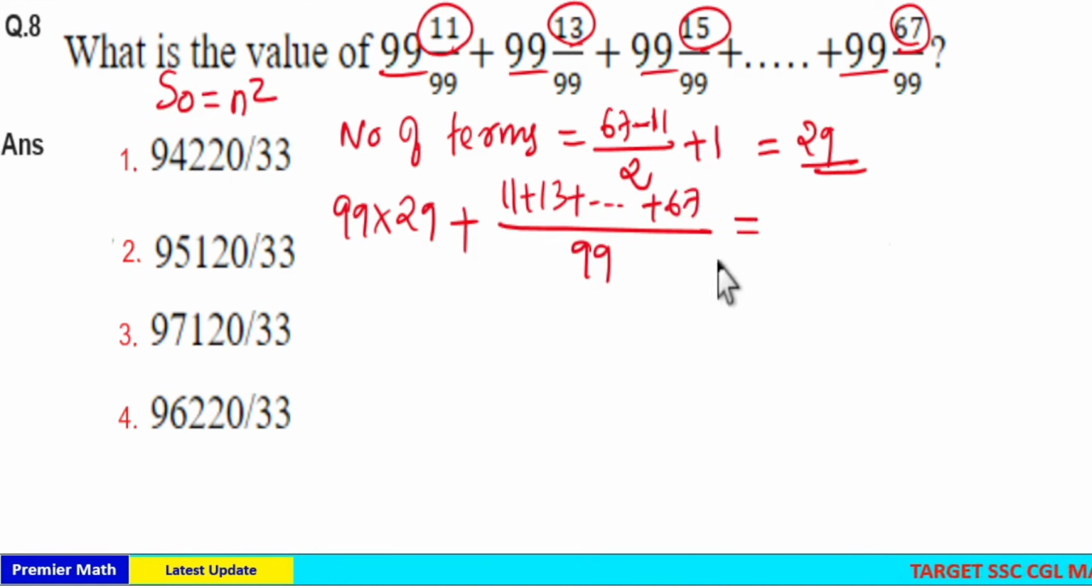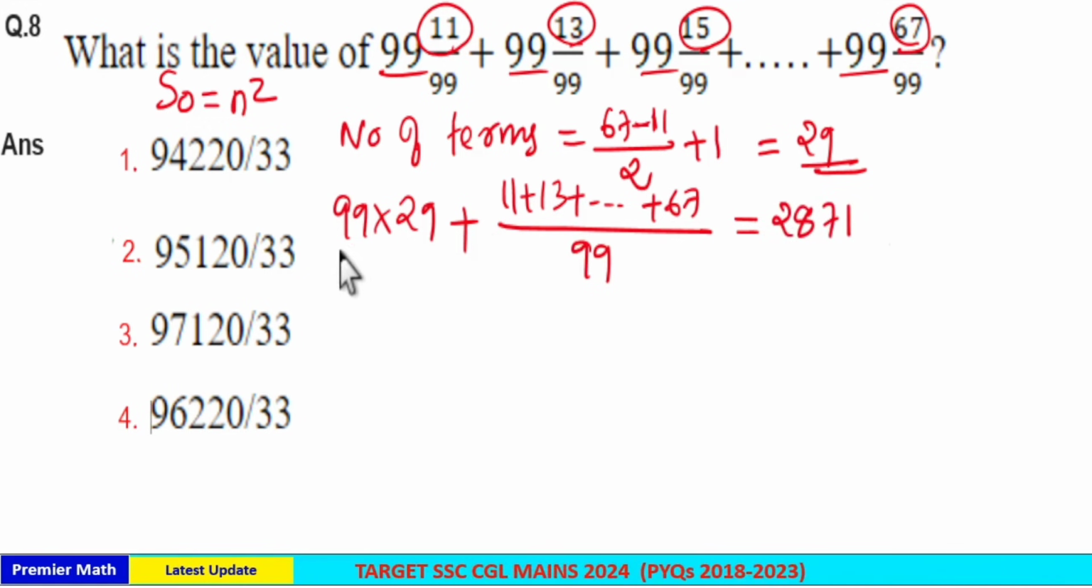Now this is equal to 99 into 29. 99 you can write as 100 minus 1. So 29 into 100 minus 29, or you can use the 99 multiplication trick. That is, you are multiplying 29 with 99. So take 1 less from 29, which is 28. Now 2 plus 7 is 9, 8 plus 1 is 9. So 2871 is 99 into 29. Plus